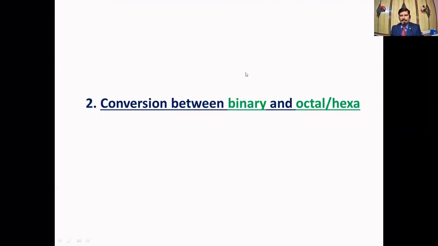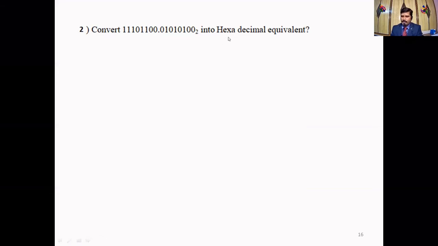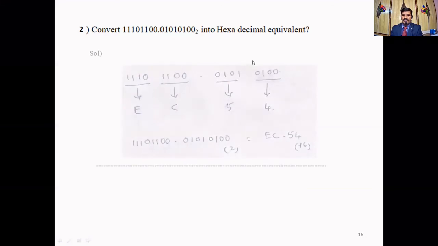Okay. Now if you take binary to octal or hexa, or octal or hexa to binary, so between binary and octal or hexa, what is the point? We remember binary and octal, 3 bits, and binary and hexa, 4 bits. That's all. If you follow that, let us do some problems here. A binary number we need to convert into hexa. What is the formula here? 4 bits we need to take. So observe this one.